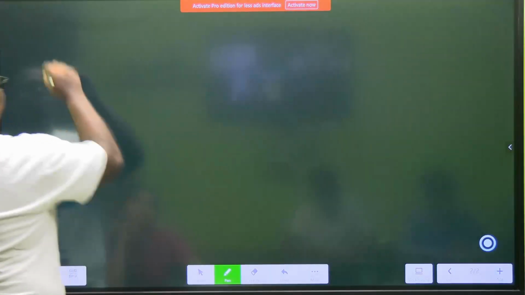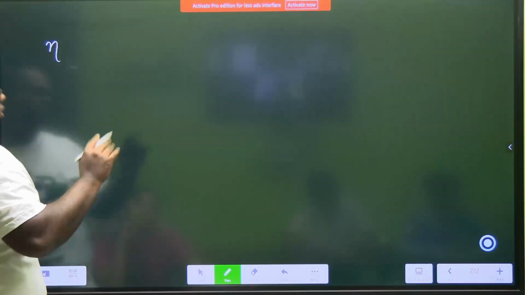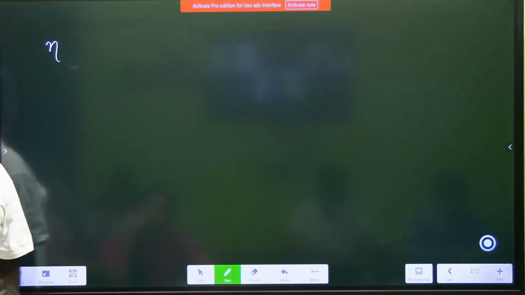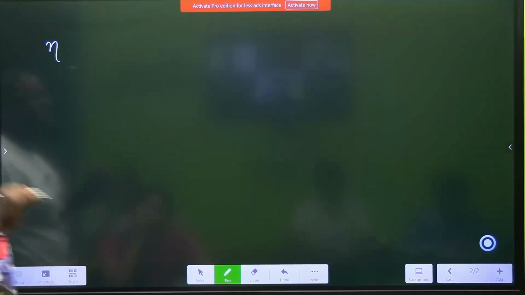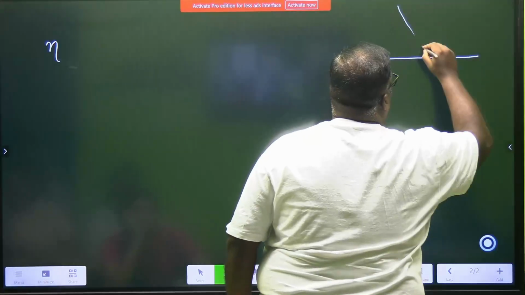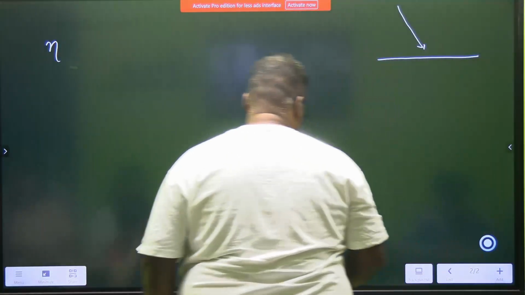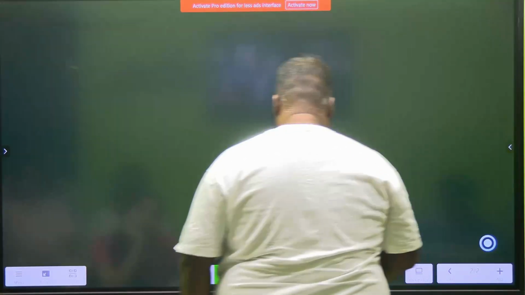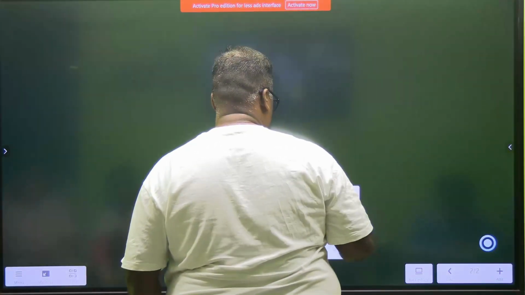Okay, now we will not talk in terms of absolute for the next half an hour. If we want to make it absolute, we will convert 1 as air. Okay, so my diagram for the next half an hour is like this. Sorry, one minute. Hi children, let me draw it properly. My diagram would be